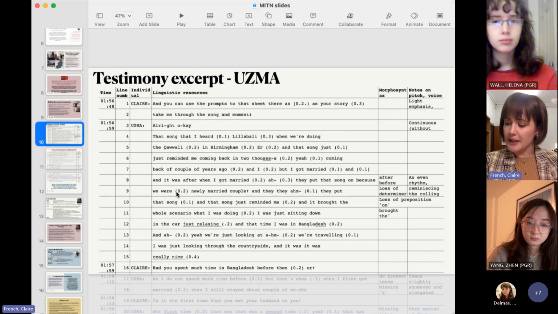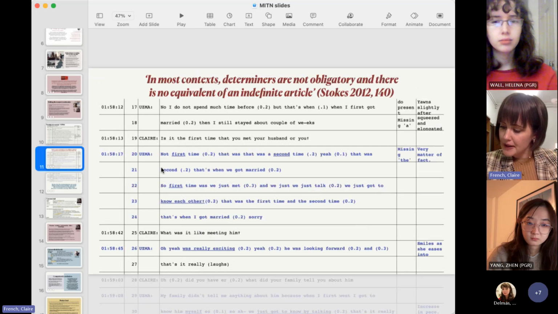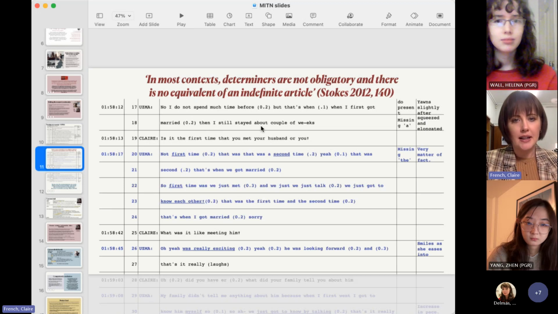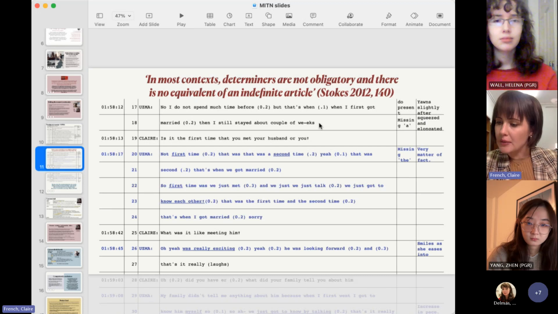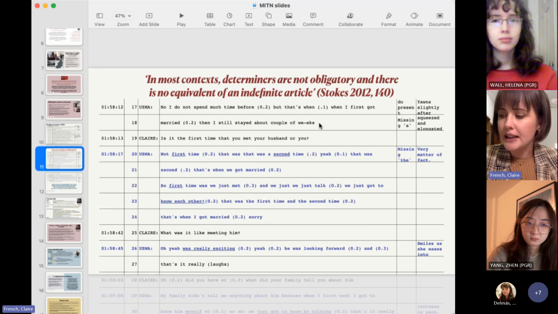And in her discussion of Bengali, Stokes shows, I'll just go to this page, that in most contexts, determiners are not obligatory and there's no equivalent of an indefinite article in Bengali. Similarly, when describing "about couple of weeks" in line 18, "married, then I stayed about couple of weeks," she misses the indefinite article. However, she includes it a second time in line 20, just a moment later.